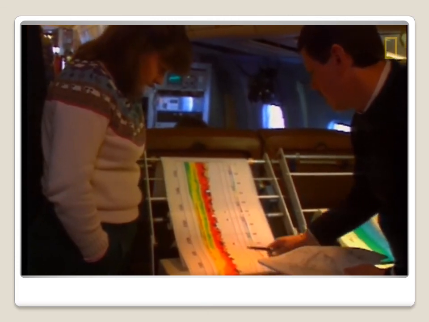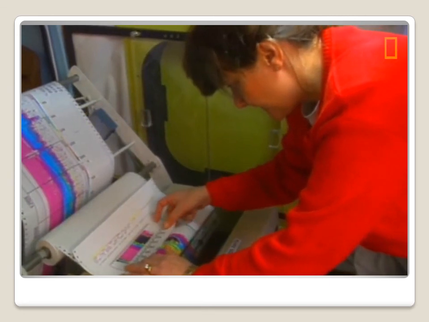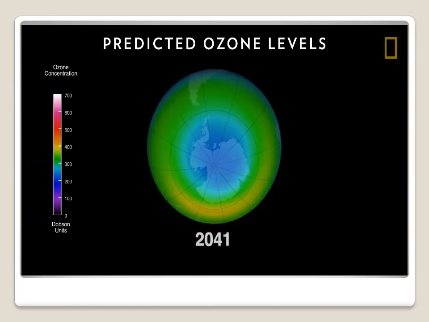Scientists estimate that chlorine levels will return to their natural state in about 50 years. By then, the Antarctic ozone hole will shrink to